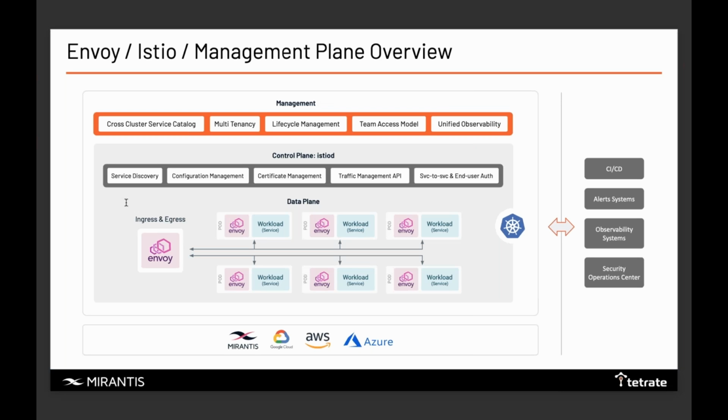And then I always like to talk about the idea of a management plane on top. The management plane has been made very popular by the cloud environment. When you deal with any of the major clouds, Amazon, Azure, Google, the console you're interacting with is their management plane. It's about managing many virtual machines, many Kubernetes instances, many networking resources. The management plane gives you that interface to tie those pieces together. This is also where Tetrate and Mirantis provide products to help, to manage, in the case of Tetrate, many Istio environments, and in Mirantis' case, many Kubernetes environments. So I like to think of this 3-layer